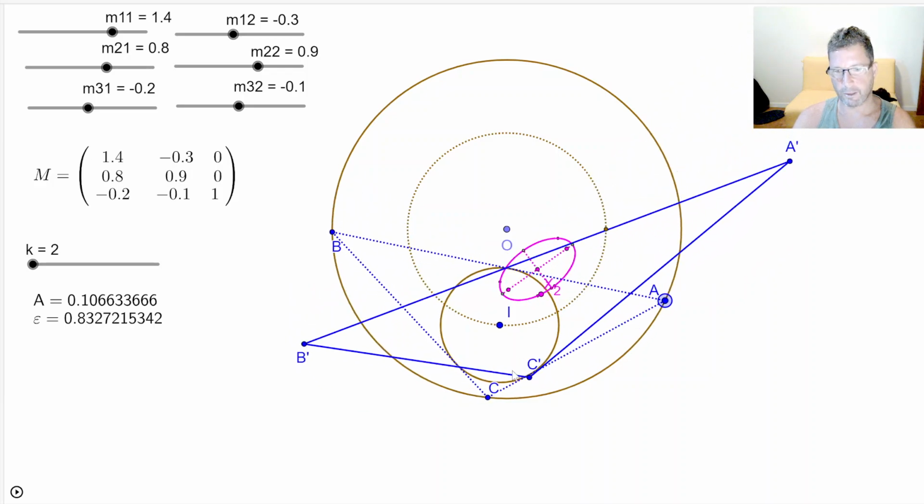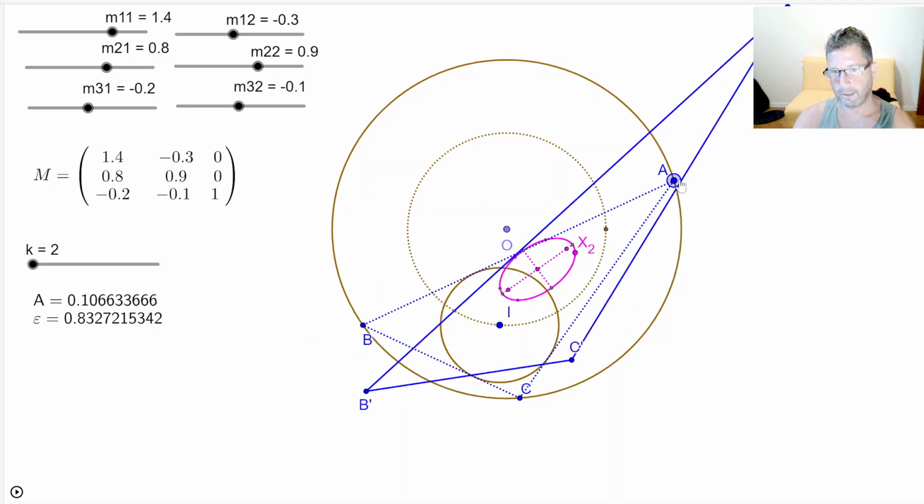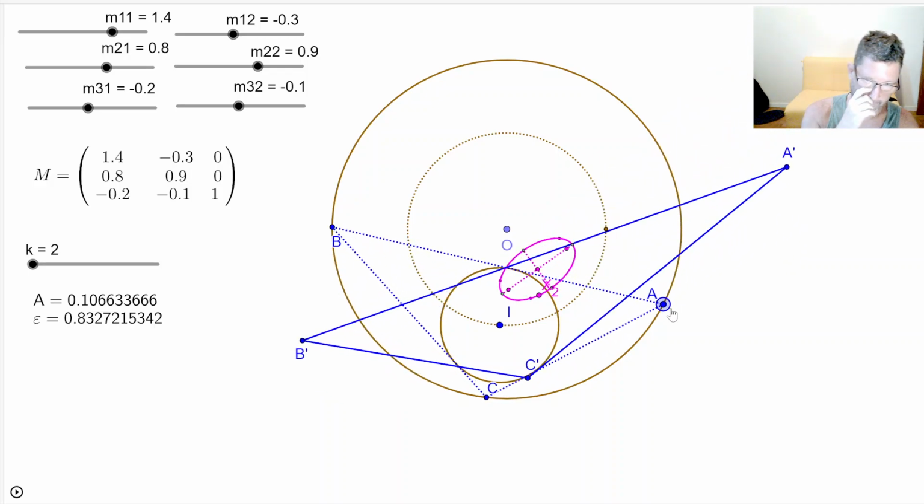Now what I have here is also the projective image of ABC under this matrix. It's a 6-entry matrix. The translations are 0. I can set the values of the 6 entries in the matrix, and then I get A prime, B prime, C prime, which is a projected image of ABC. Now what I'm doing here is studying the locus of, for example, the barycenter x2 of